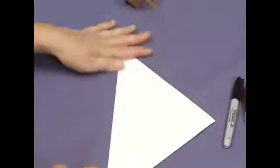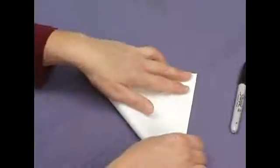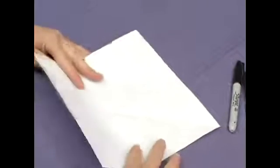Okay, when you have your square, we're going to fold it on the diagonal in both directions. So fold it and then open it and fold it again on the diagonal. Always making sure to match your corner really well there, and then just bring the fold down and crease it. And then we're going to open it up again and then fold it